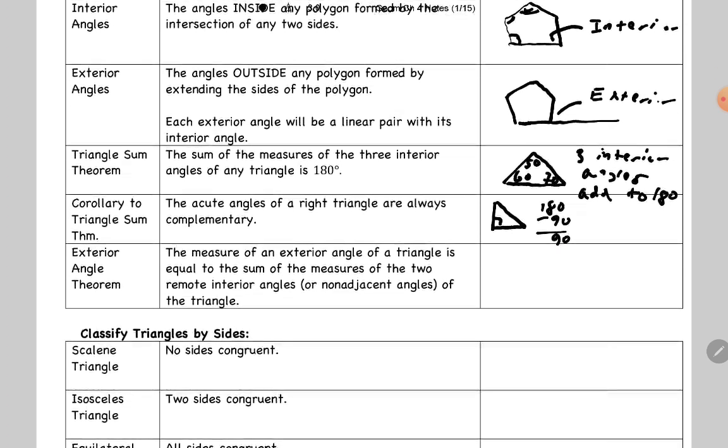And then we have the exterior angle theorem, which says that the measure of an exterior angle of a triangle is equal to the sum of the measures of the two remote interior angles, or non-adjacent angles, of the triangle. So what does that mean? Let's draw a bigger triangle here. So this exterior angle, let's call it 140 degrees, is equal to,